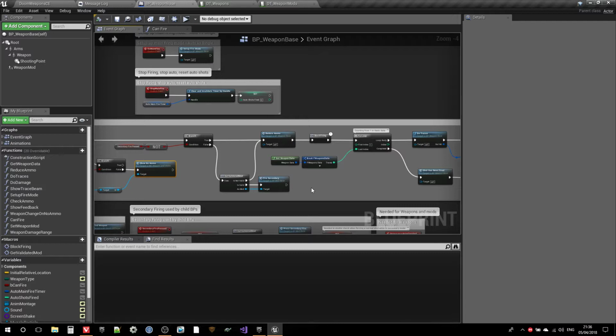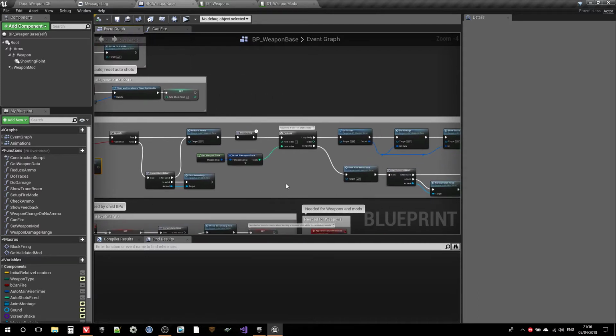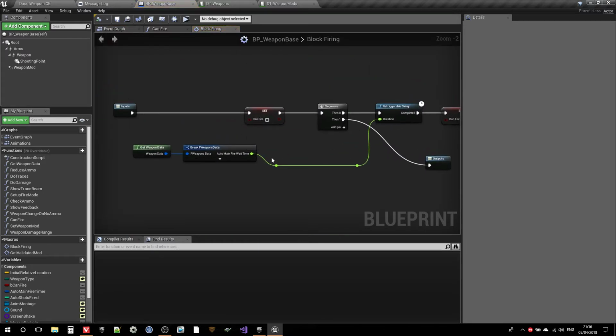If we have a mod, maybe we need to shoot it here. Maybe the mod overrides the main fire. It can be several things, but we definitely reduce ammo. We block firing if, for whatever reason. So basically, depending on the delay